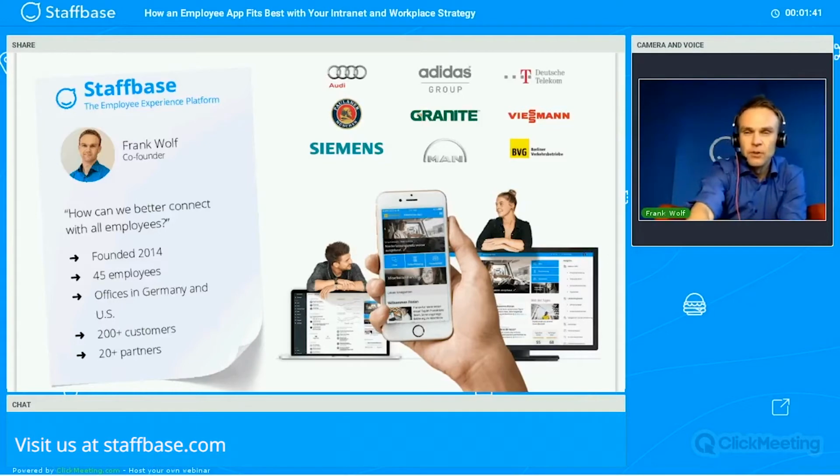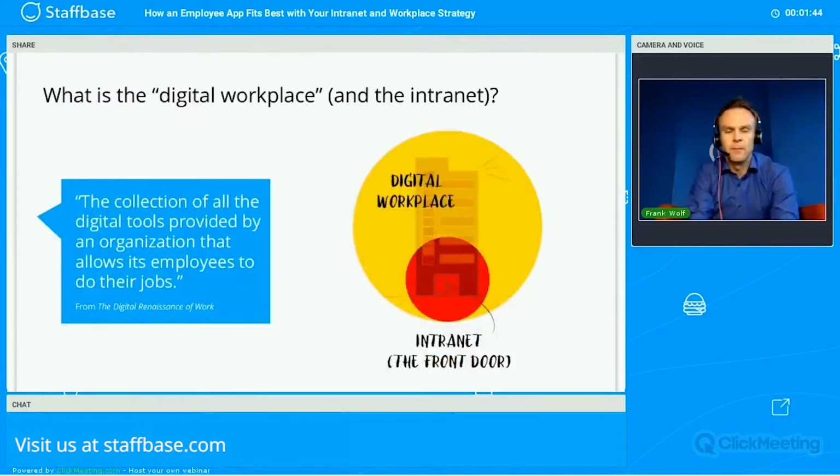But now let's jump into the topic. And before I do that, I think it's one important point to talk about digital workplace and intranets, because we are talking about intranets for a very long time now. And for the last 2 or 3 years, there's a new term coming up with the digital workplace. And it's pretty important to really define how they both relate together, right? The digital workplace is pretty much defined as the whole environment of digital tools provided by an organization for their employees and allows them to do their job. So that's I think a pretty easy